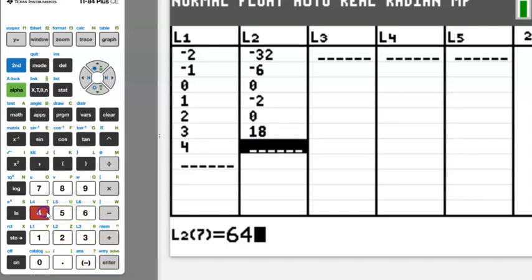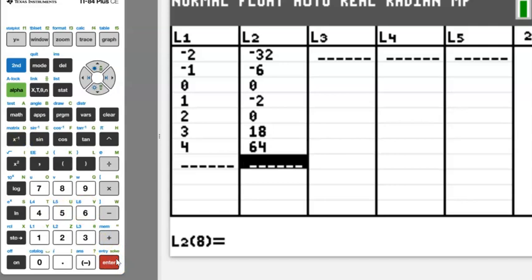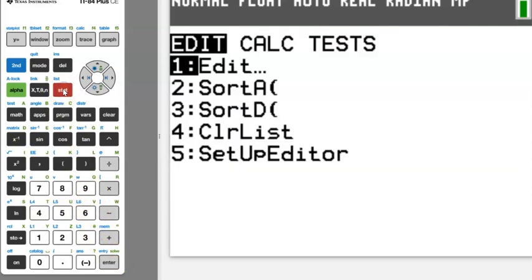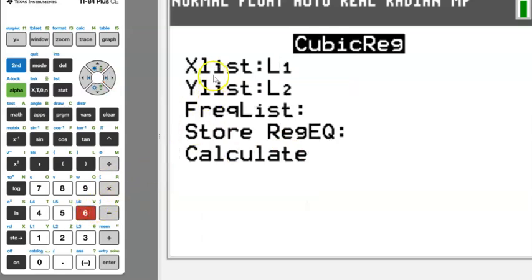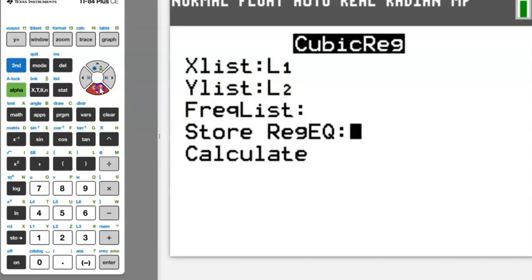Enter, and you have 64. Enter. So we have all the data that we need. Now to get the cubic function, all you need to do, go back to start and scroll to calc. And since we want the cubic function, it is represented by option 6, cubic regression. So we select option 6, confirm that x list is on L1 and y list on L2, and we calculate